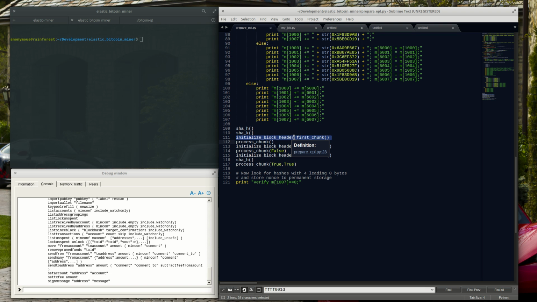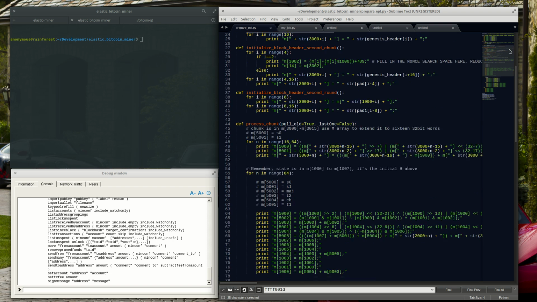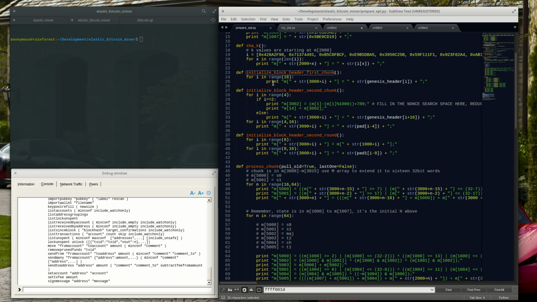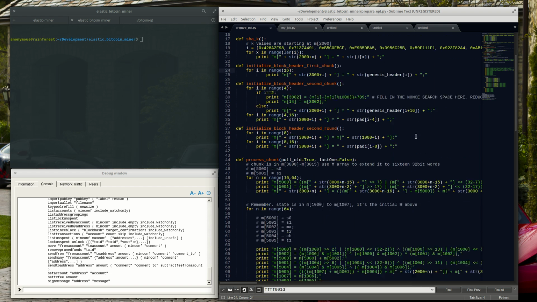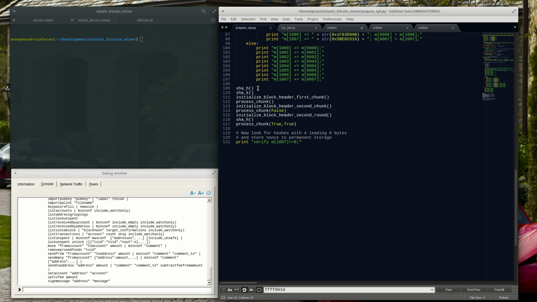SHA works in 64-byte blocks, we have to hash the 80-byte block header in 2 chunks. So we basically initialize the first chunk. You see it here. We take 16 integers from the Genesis header and assign them. It's too complicated to go through every single step. But actually we take the header, we process the first chunk, we take the remaining 4 integers of the header, process the second chunk, then we